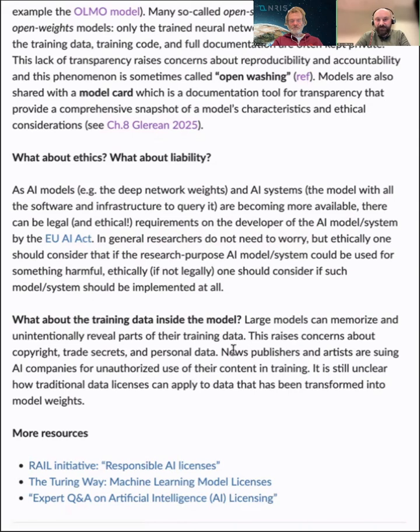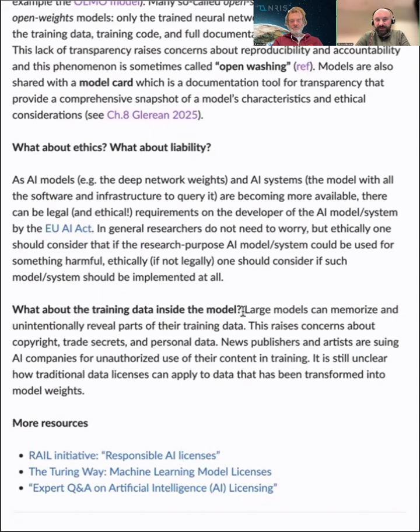The open question with the data that is inside these big AI models is that it has been shown that these large models can memorize some of the training data. And as we were saying earlier, even with the code that you might generate from some large language models, there is a 2% chance that some of the code it spits out is basically a verbatim copy and paste of existing code.